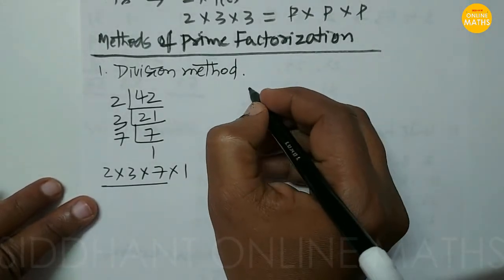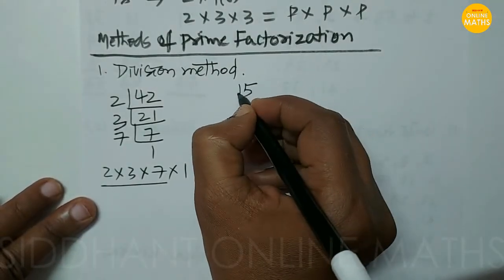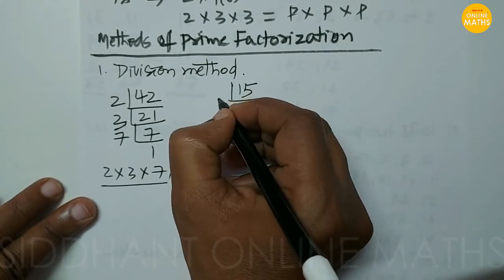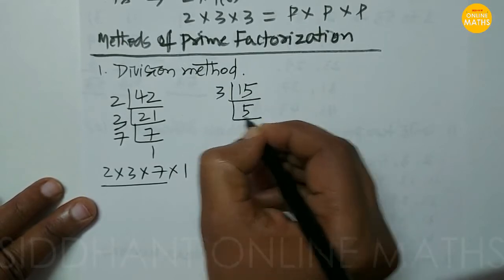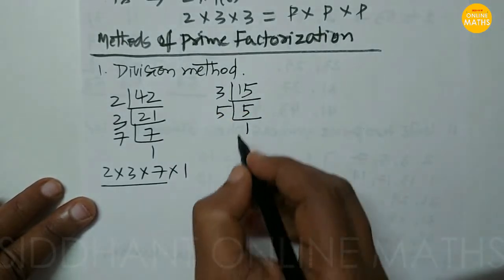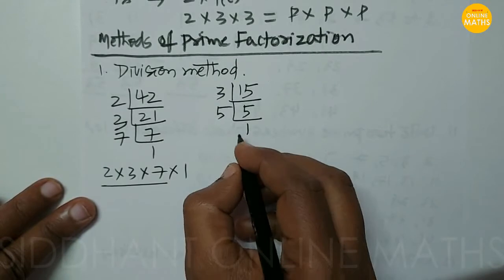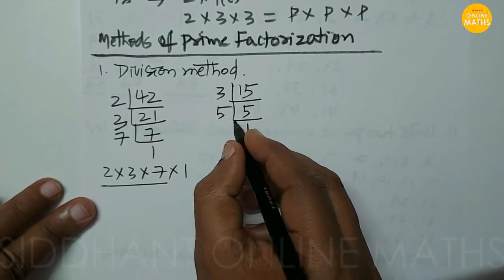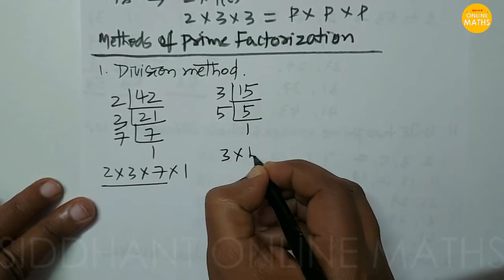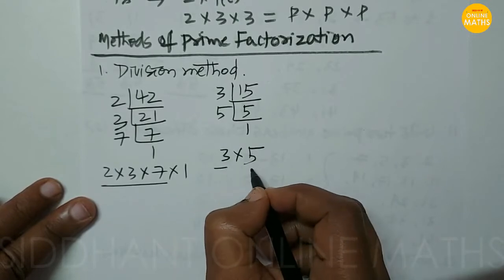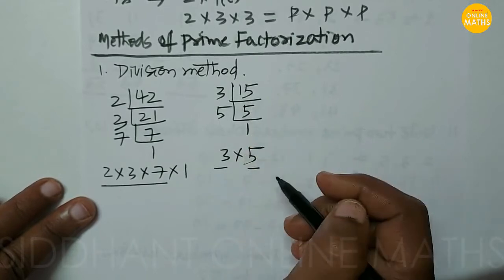Similarly, when you take the number 15 and want to find out the prime factorization, you divide 15 by prime numbers like 3, so we get 5. After that, 5 gives 1. So until you get 1, you are going to simplify the given number. Then we can say that the product of the numbers will give the given number. So here 3 into 5. 3 is a prime number and 5 is a prime number, and we can say that the prime factorization of 15 is 3 into 5.